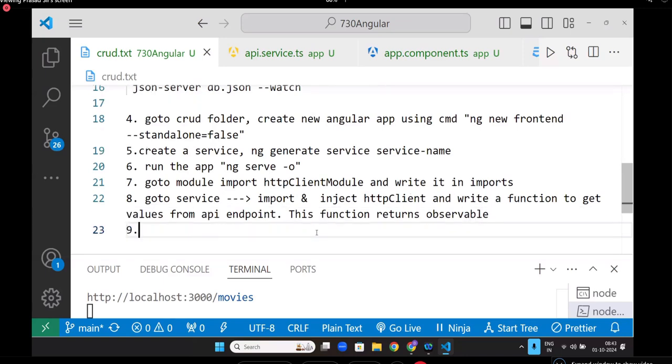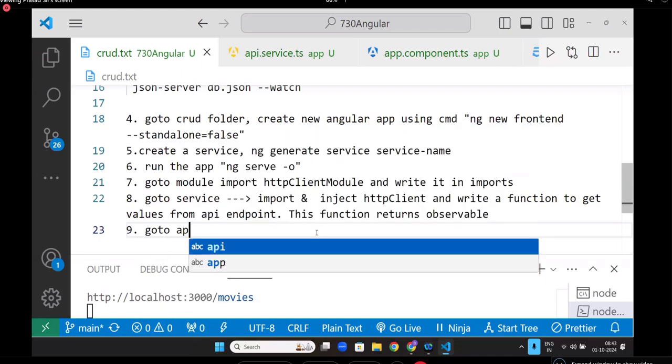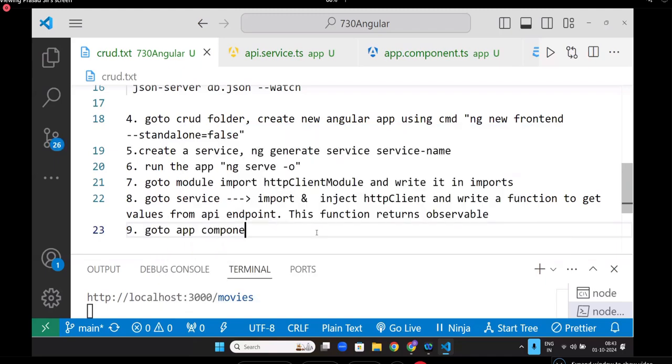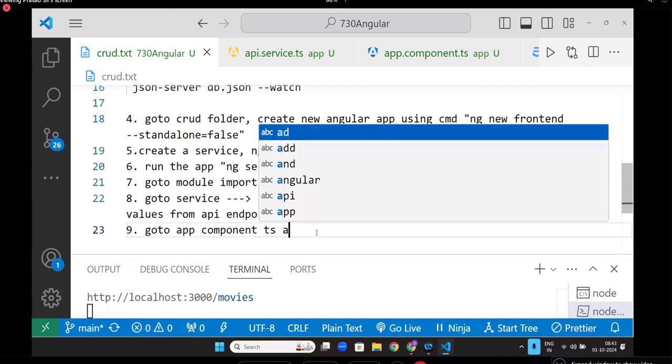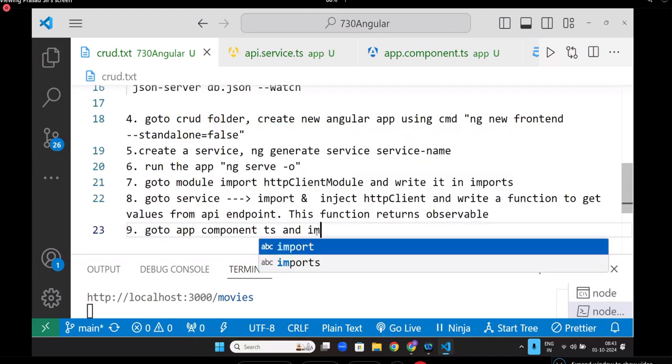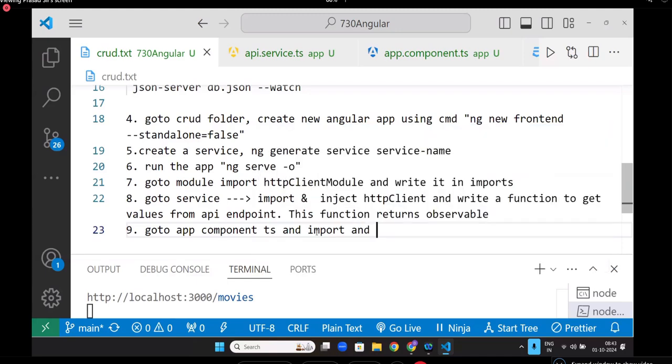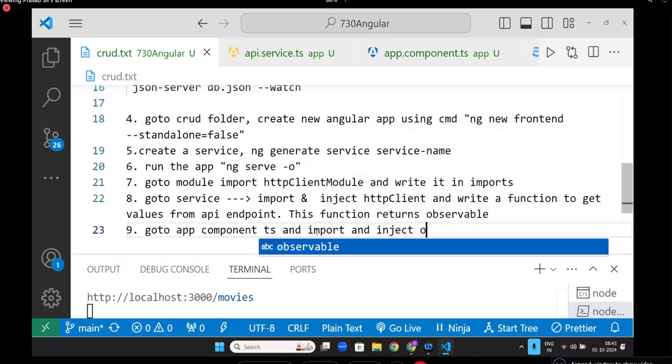Next, go to app.component.ts, and import and inject our service. You created the service now. So the service is touching the backend, and the app component is touching the service, right or not? Now you will write your service inside the app component,